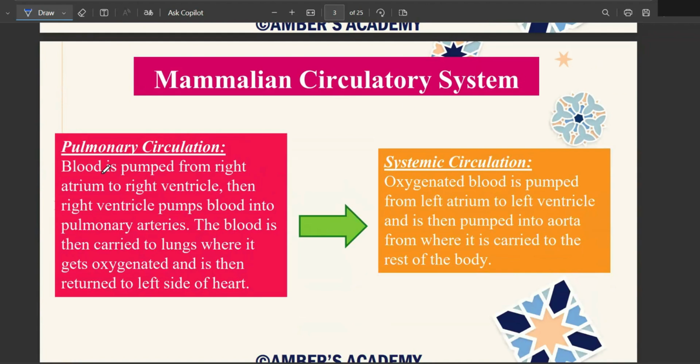Pulmonary circulation is the one in which blood is pumped from the right atrium to the right ventricle, and then the right ventricle pumps blood into the pulmonary arteries. Since we are talking about pulmonary circulation, we need to be mindful. The arteries and veins involved in pulmonary circulation are termed the pulmonary artery and pulmonary vein. The blood is then carried to the lungs where it gets oxygenated and is then returned to the left side of